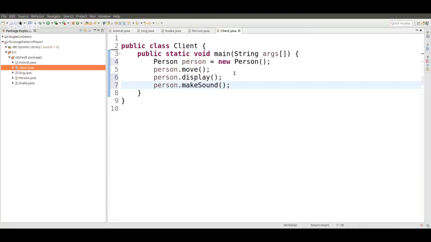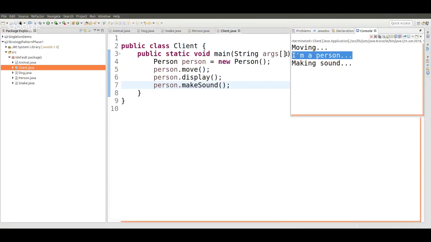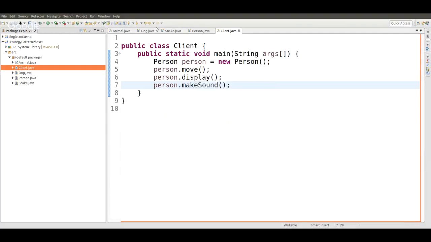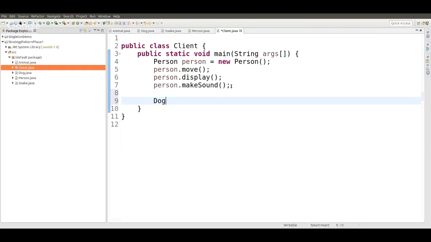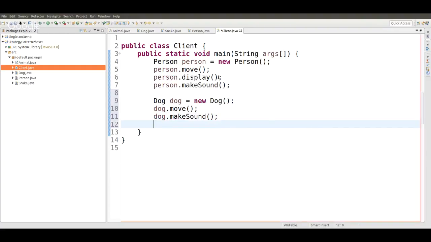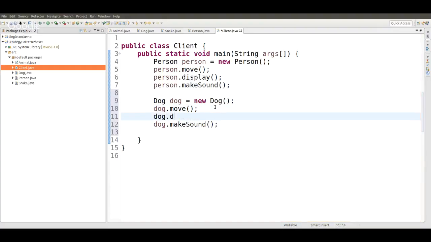As soon as we run this, it says moving, I'm a person, and it is making sound. But now, instead of creating just the person, we'll also create a dog. And we'll do the same for dog as well: dog dot move, and dog dot make sound, and dog dot display. If we actually try to run this,